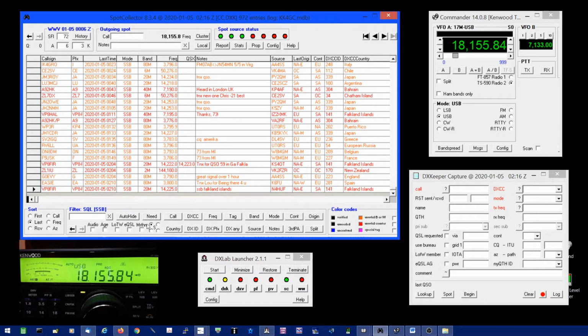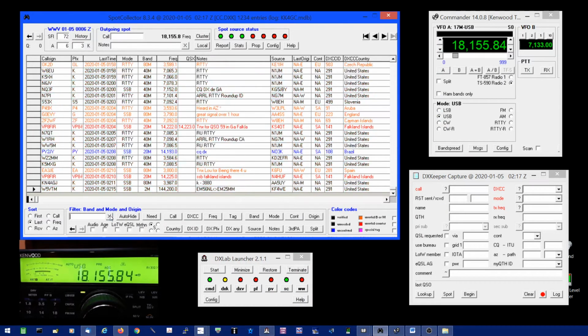We'll go back to the first screen there, the first set of buttons. Clear the filter, go back to default, and let's just double click a spot, and we'll see what happens. I'll show you what it does. Double click that spot, it will QSY the radio to that particular frequency and mode that's listed in the spot, in this case 14225. You see that in Commander, and you see that on the radio itself